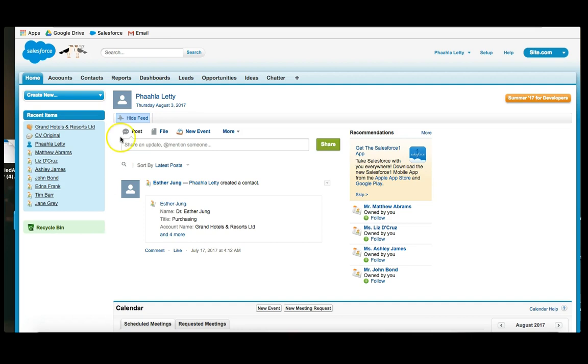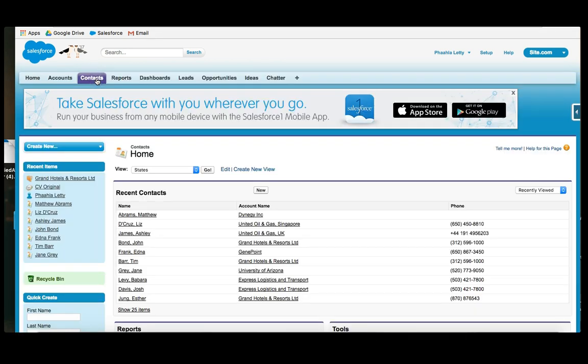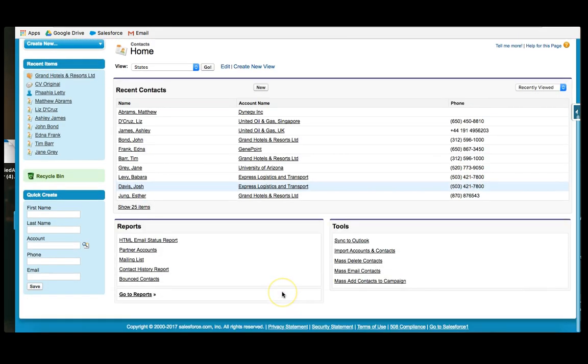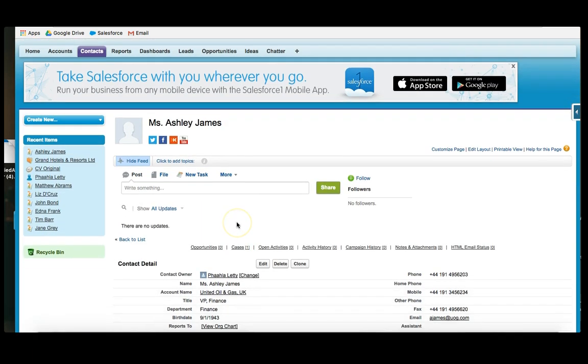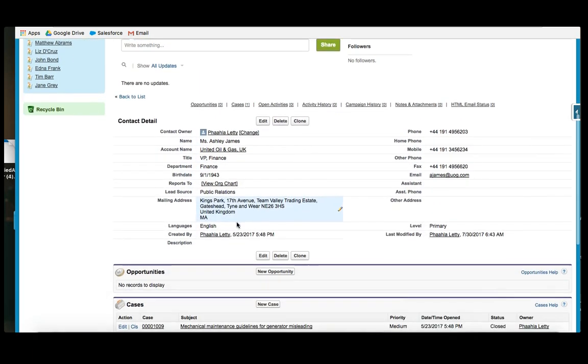Let's take a look at what a contact record looks like. If I'm on the home page of Salesforce Classic, I can click Contacts, and that will give me a list of some of the recent contacts. I can see I have Matthew Abrams, I have Liz DeCruz, James Ashley here, or Ashley James, excuse me. What I'm going to do is actually click on Ashley James and take a look at Ashley James's contact record